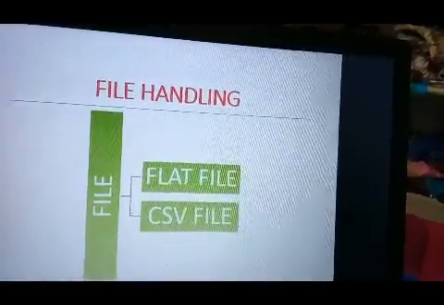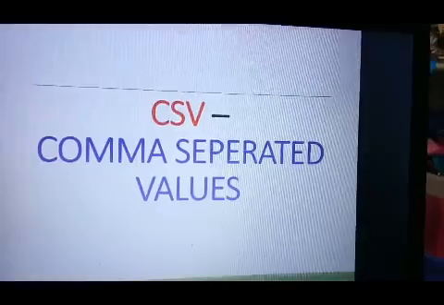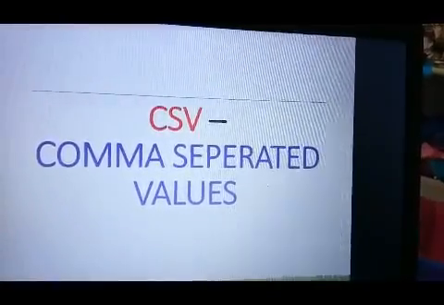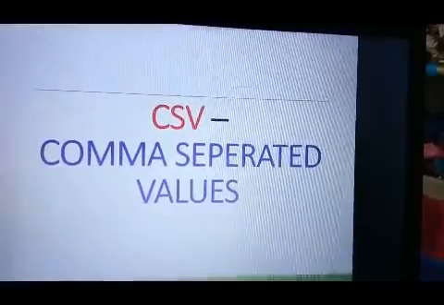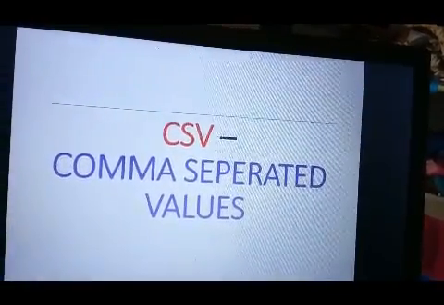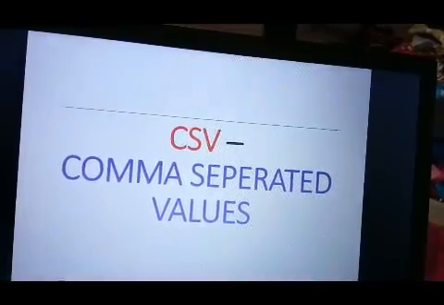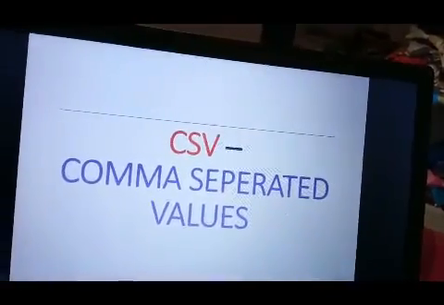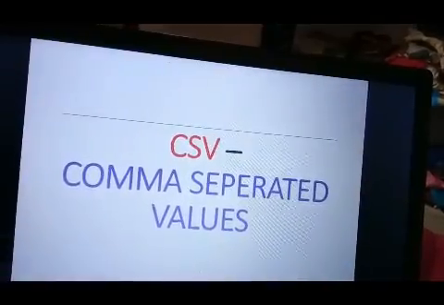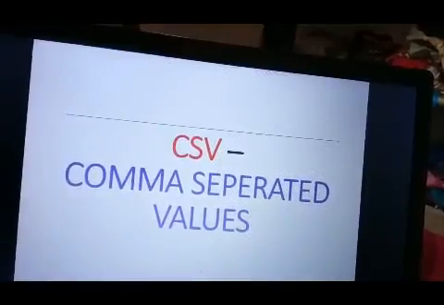For example, a database and a contact manager can support CSV files. A CSV file is sometimes called a character separated value or comma delimited value. It mostly uses the comma character to separate the data, but sometimes uses other characters like semicolons. The idea is that you can export complex data from one application to a CSV file and then import the data in a CSV file into another application.